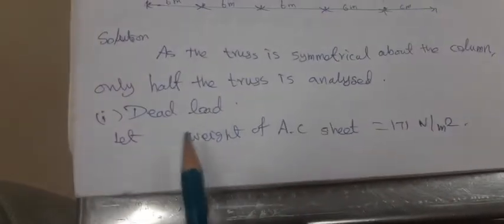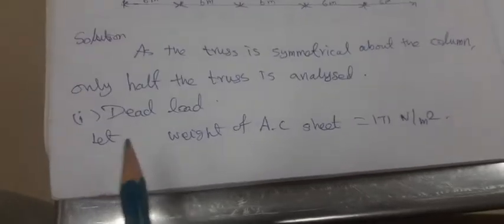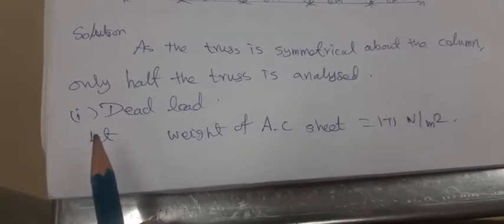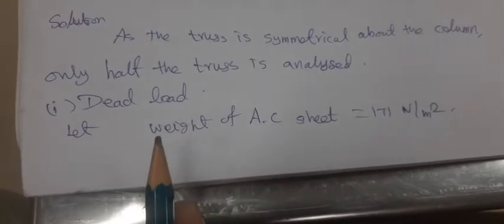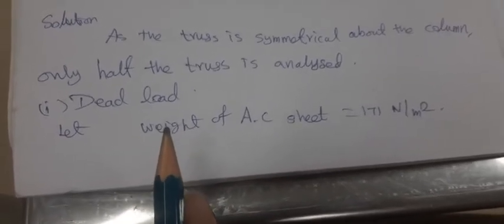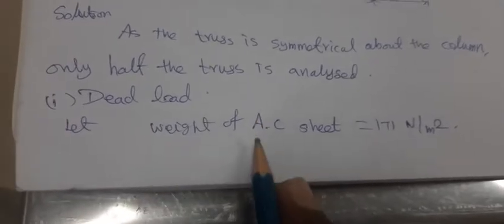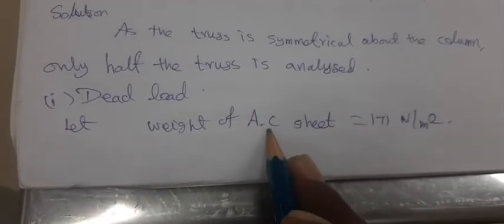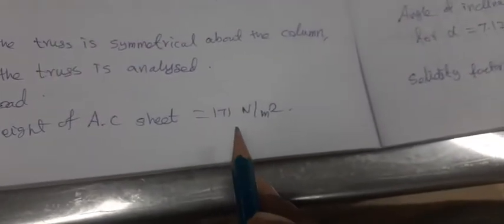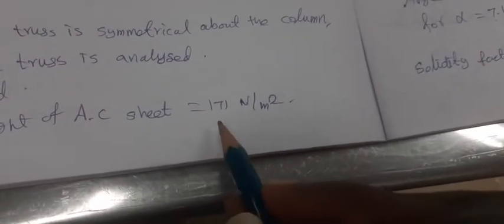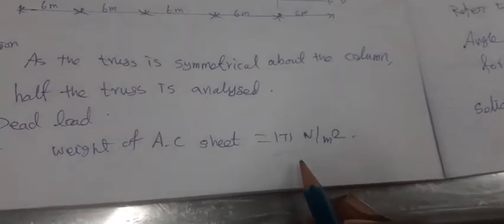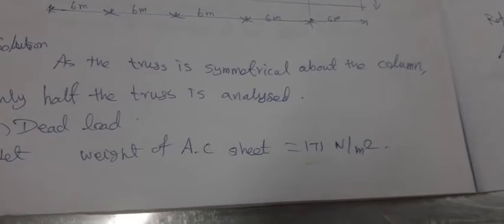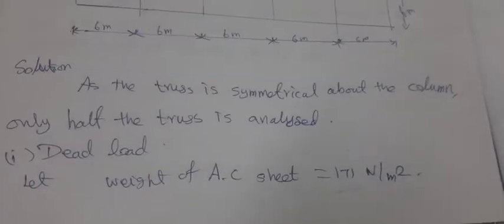Before analyzing we need to find out the total loads. First I start with the dead loads. Dead load is nothing but the weight of the covering and the dead weight of the roof trusses. Here the weight of the AC sheet, asbestos cement sheet, comes to around 171 Newton per mm square. It is a small value. These values are taken from IS 875 part 1. IS 875 part 1 deals with dead load conditions